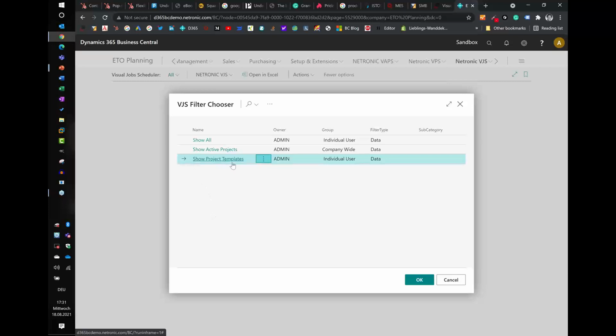You can give them speaking names so that you understand what happens when you apply the filter, and you can decide if you want to own this or use this filter on your own. Or if you think that this show active project filter is really cool, then you can share it also with the colleagues. So my show project templates filter